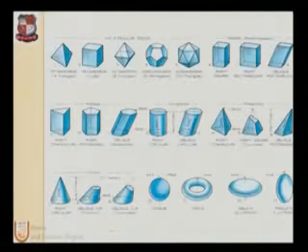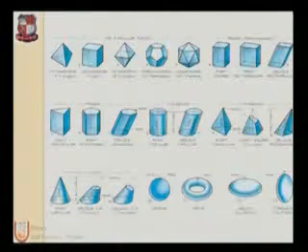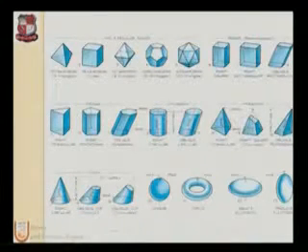rectangular, oblique rectangular. On the bottom we have another family of prisms. The first is right triangular, right pentagonal, oblique hexagonal. Then we have cylinders, right circular, oblique circular. Then we have the prism family. One is right triangular. If the triangular prism is truncated on an inclined plane, it forms a right truncated triangular, oblique pentagonal. There are different types of examples of prisms.